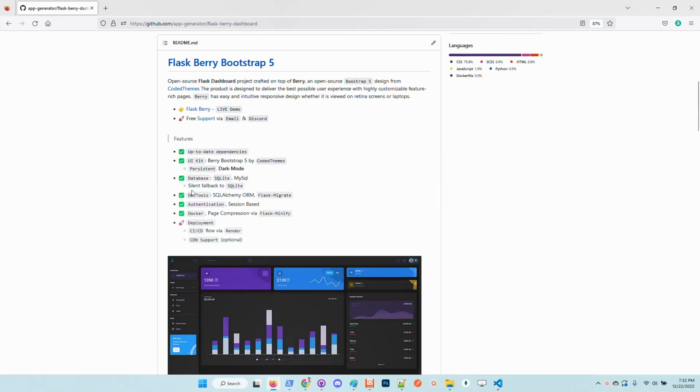Of course, up-to-date dependencies. The UI kit, we are always using a nice and actively maintained UI kit from a well-known agency. In this case, it is Berry Bootstrap provided by CodedThemes. The product comes with the persistent dark mode, which can be used and is persistent when we change the pages, which is super nice and provides a good